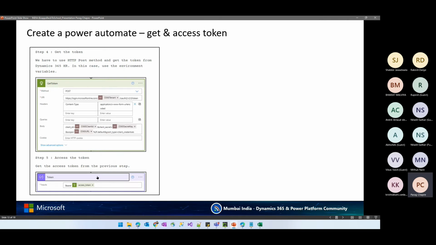Then step four is to authenticate the Dynamics HR application. We have to first request the token, and then we have to use that token for the integration. So here we are using the HTTP POST method, and we have to provide this URL and the tenant ID, and then we are giving the token ID. Then we have to provide the header as Content-Type, and then provide the value as application/x-www-form-